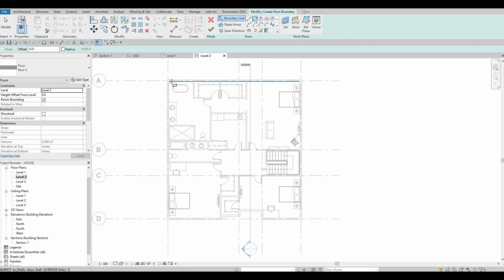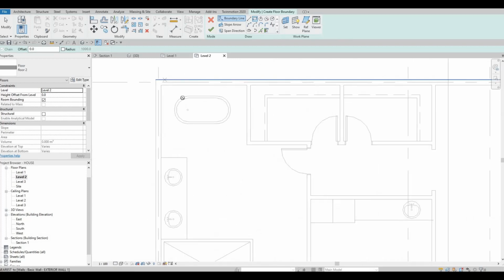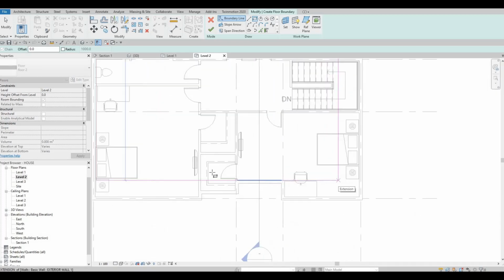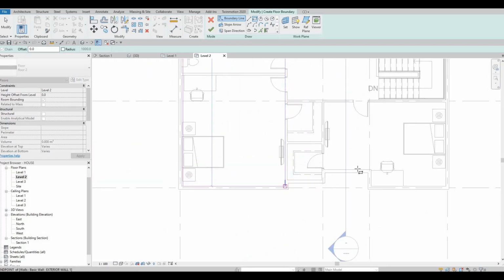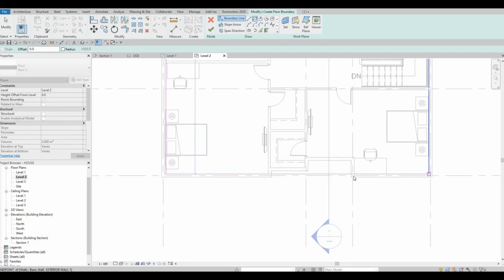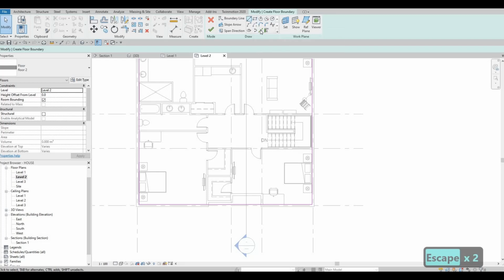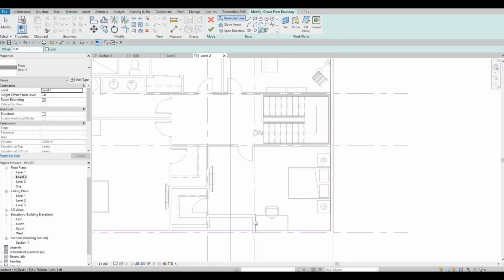Here, I'm going to add the floor only at the inner. After that, I'm going to use pick line and add the ones that are from the